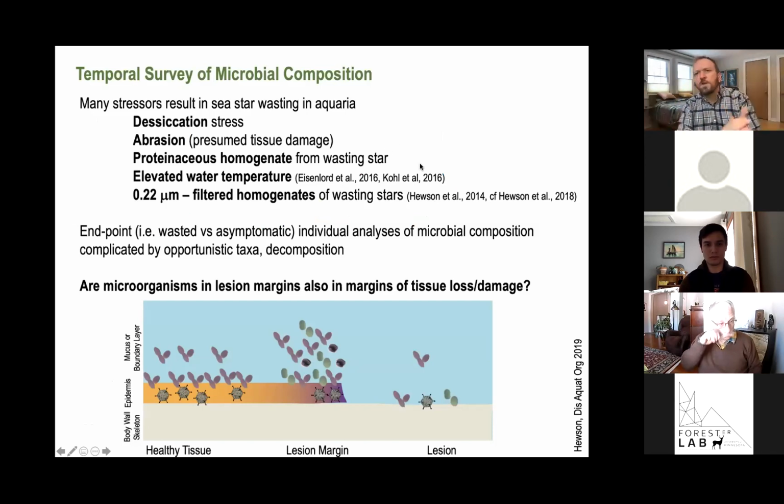So to summarize those experiments that we ran, we knew that desiccation stress caused faster wasting, abrasion a little bit faster, proteinaceous homogenate a little bit faster, and certainly faster than no homogenate at all. Elevated water temperature, based on those earlier experiments, and filtered homogenates in those early viral challenge experiments. And so it seems like everything was resulting in sea star wasting, all right, which is not the answer that